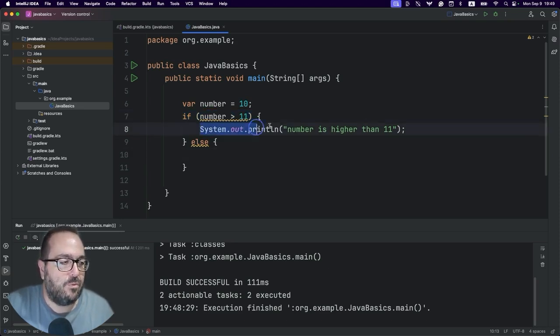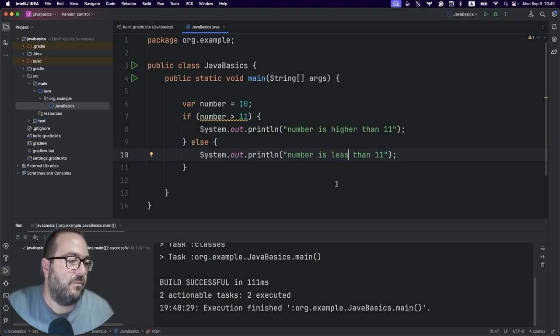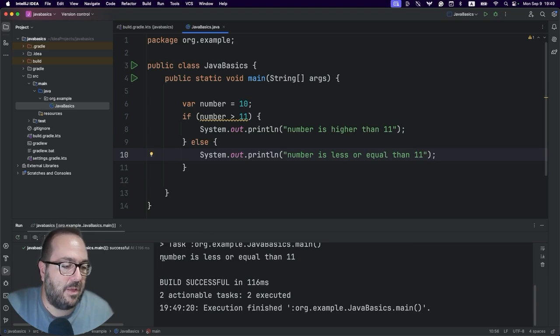And here I'm going to copy the println method. We say that the number is less than 11. Less, or to be more precise, it's less or equal, right? Than 11. Let's run this again. And yes, now number is less or equal to 11, which makes sense, right?